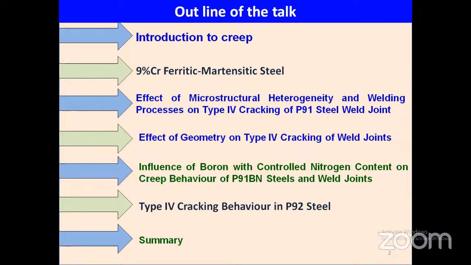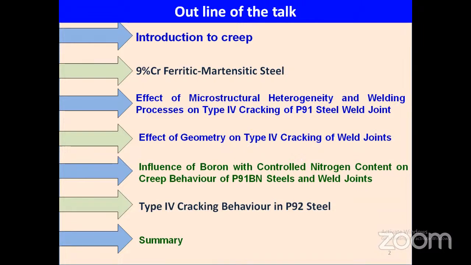So the outline of the talk is: we'll talk about power plants, then the demand for high temperature materials for power plants, then an introduction to high temperature deformation under loading condition, which is so-called creep, then the family of 9% chromium ferritic martensitic steels. Then we'll talk about the effect of microstructural heterogeneity and welding processes on the P91 steel weld joint, and